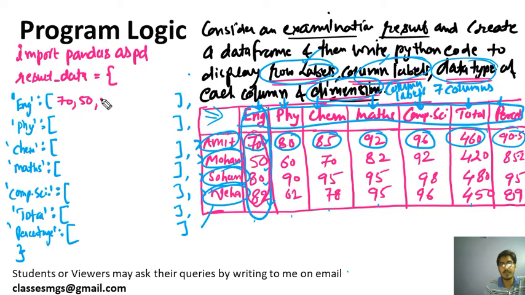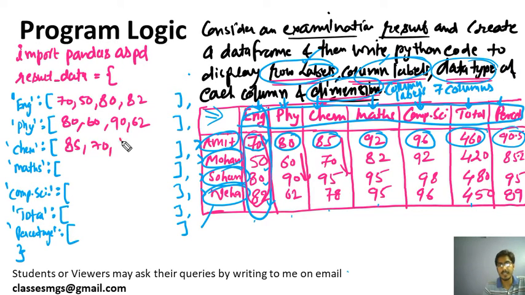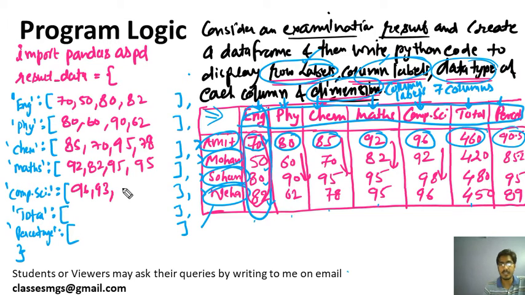70, 50, let's suppose 80, 82, like here 80, 60, like this way, 90, then 62, follow me, 85, 70, 95, 78, then you will see this one, 92, then 82, then 95, then 95. This is dummy data, don't think that the sum is incorrect, sir. Okay, this is dummy data only. 96, 93, 98, 96, then you will have this